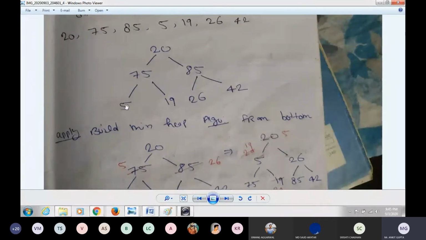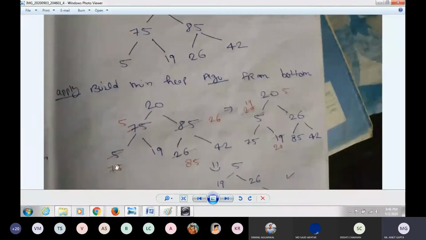Because I have to create a min heap. Min heap means the root is minimum compared to its children. So 5, 19, and the root is 75. So 75 is more. First I will check who is the minimum. 5 is minimum, then 19. So I will swap 5 and 75. Now 5 will come here, 75 will go here.